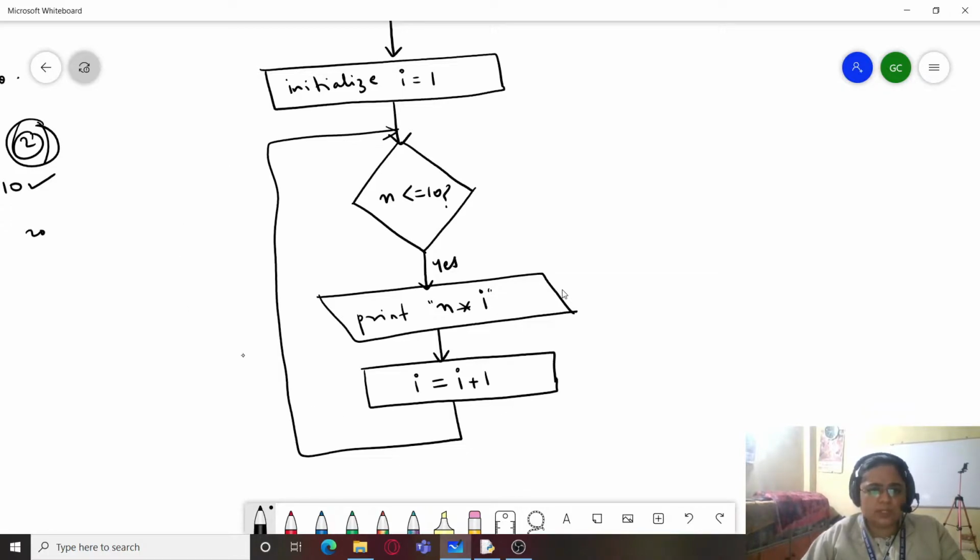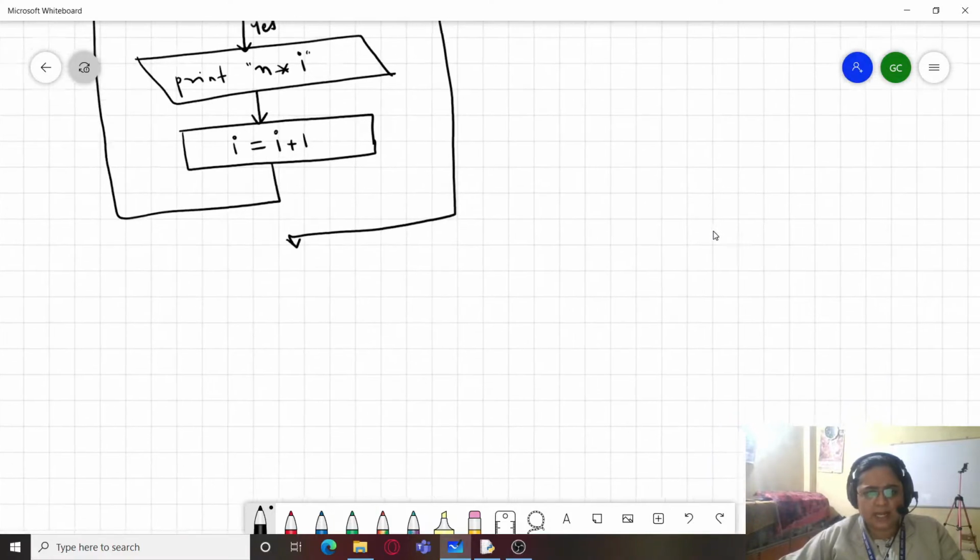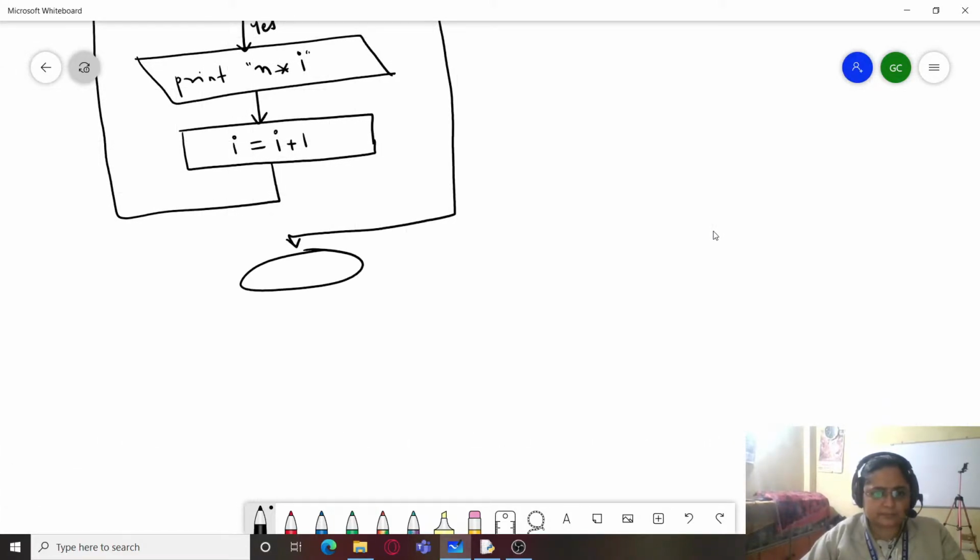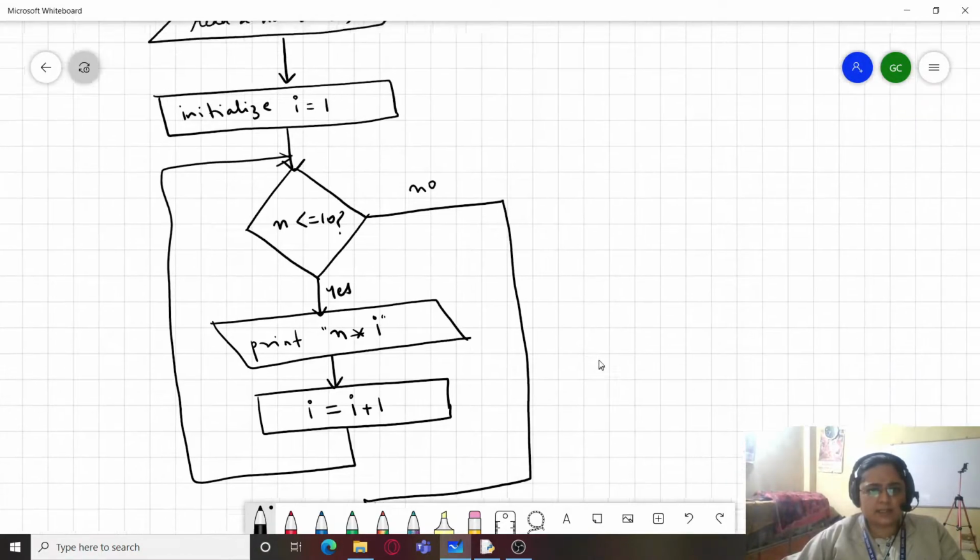So this loop will continue till the time the value of I is less than equal to 10. And the moment the value of I becomes greater than 10, at that point the program will end or it will terminate. Let's just do a dry run and see.